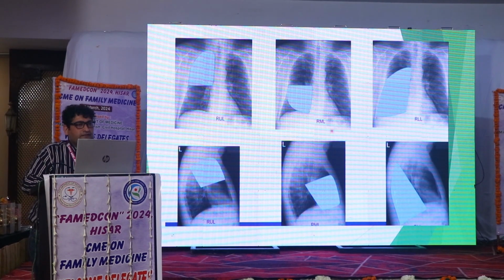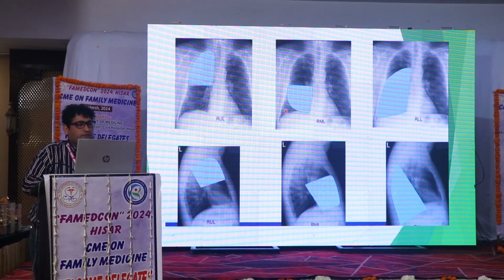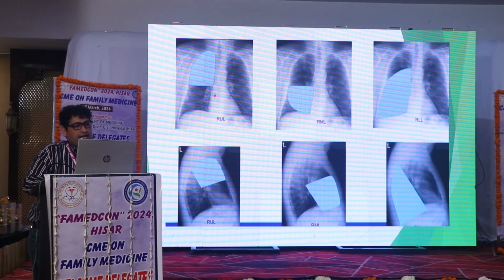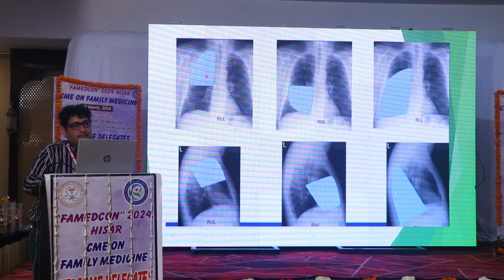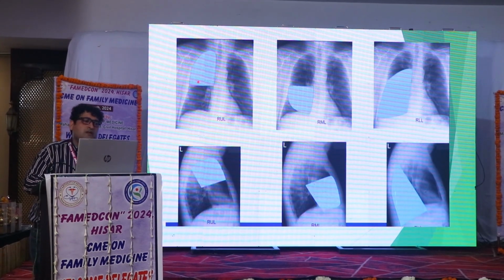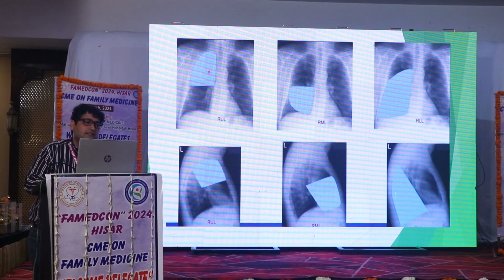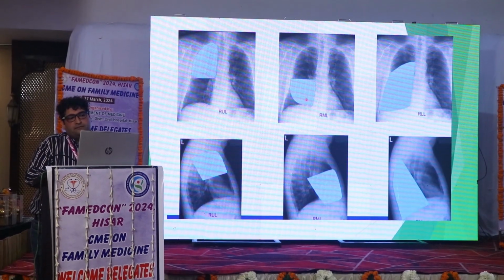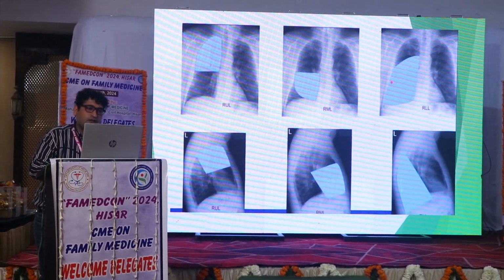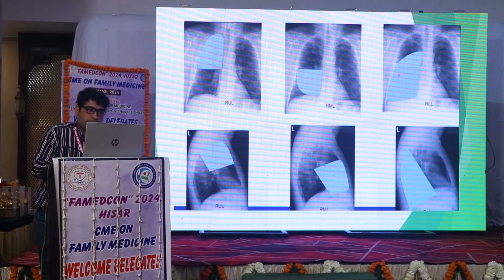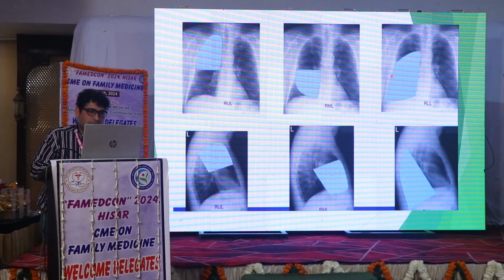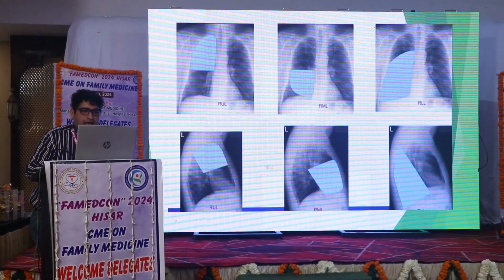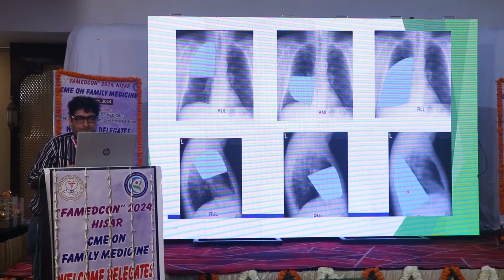So a lot of time there will be an opacity, and you will be asked or you will be surprised where this opacity is lying. So usually right lung upper zones, you will see that this is right lung upper lobe. If there is a pathology which is lying here, so it should be right lung upper lobe. And this one should be right lung middle lobe. And right lung lower lobe usually superimposes these areas. So this pathology overall can be right lung lower lobe. So it will go here, and middle and lower lobe can be seen here.